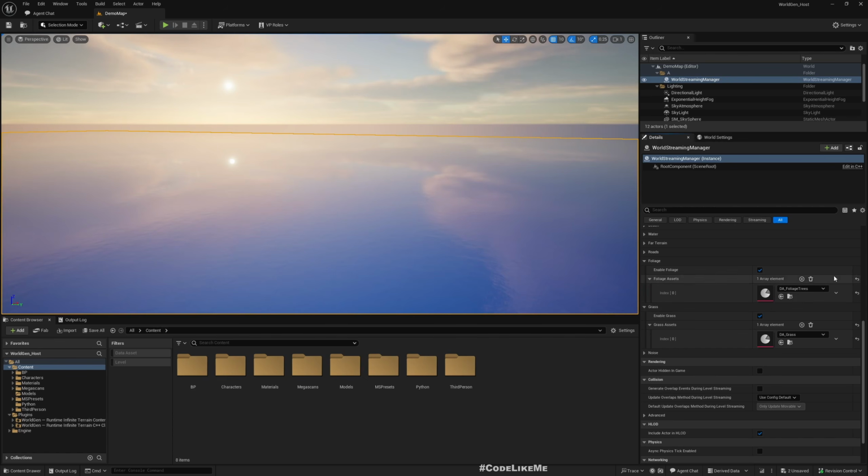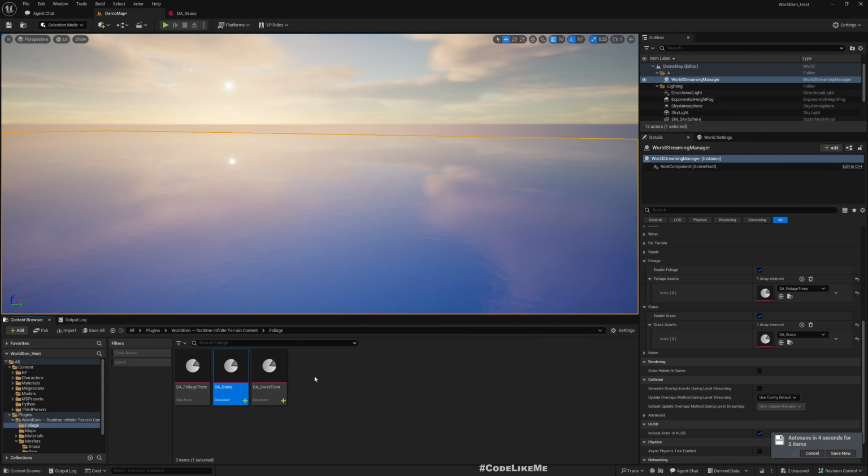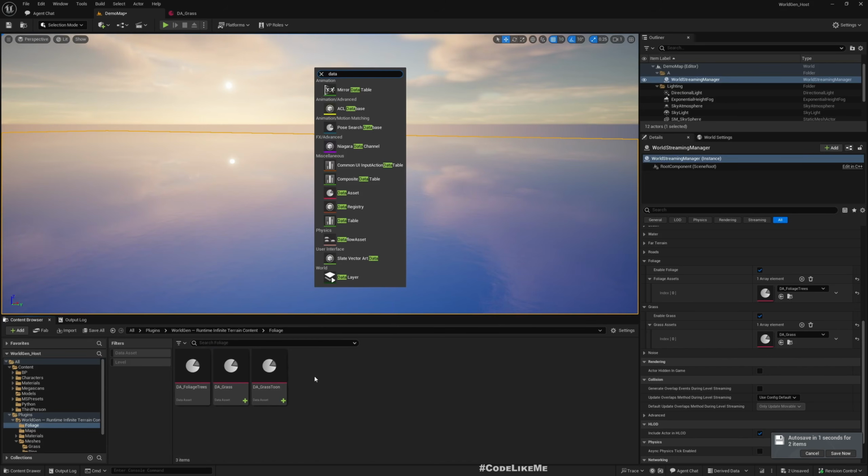So this foliage was already there. Here you can assign foliages, but the difference between foliage and grass is that foliage is implemented with hierarchically instanced static meshes, and the grass is using just instanced static meshes because it's small and we only need to see it in close range. Because of that, the trade-off is better, and we have a large number of instances with relatively lower performance cost. So yeah, the way you do that is you can create a data asset